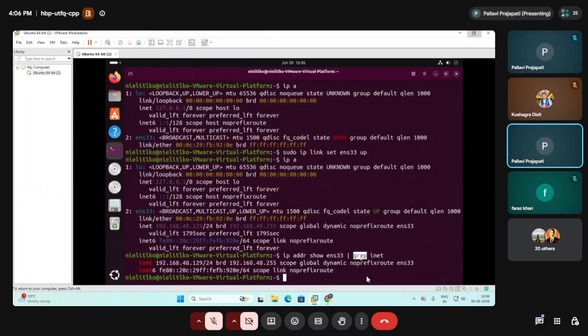The grep command is used to find something. It is used for filtering, or you can say for searching the exact keyword.